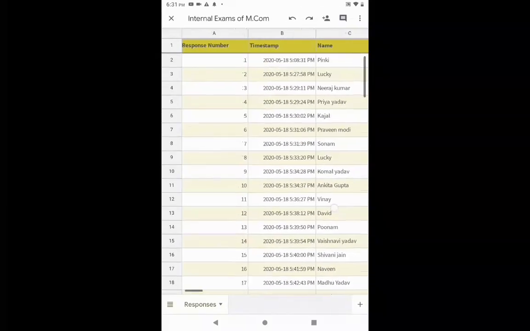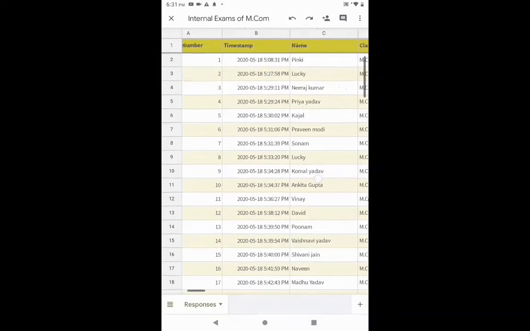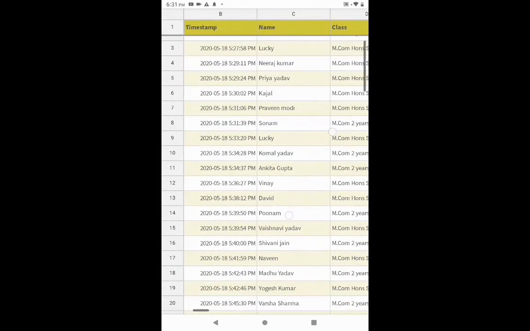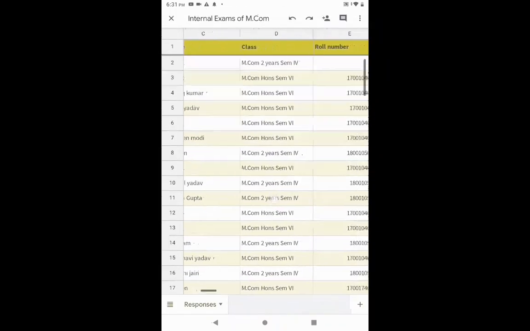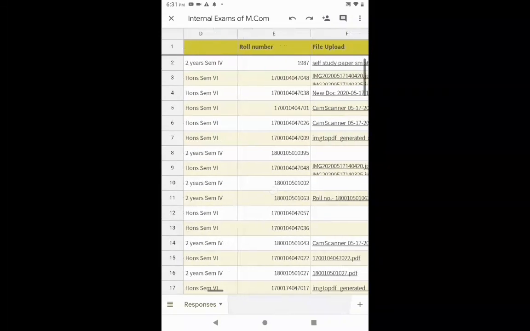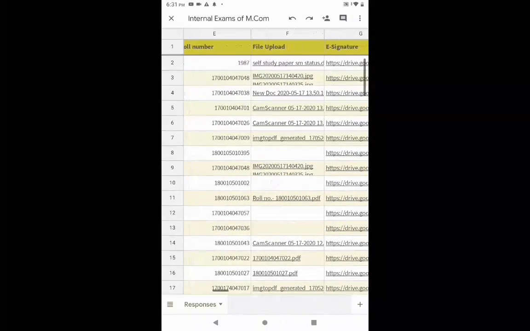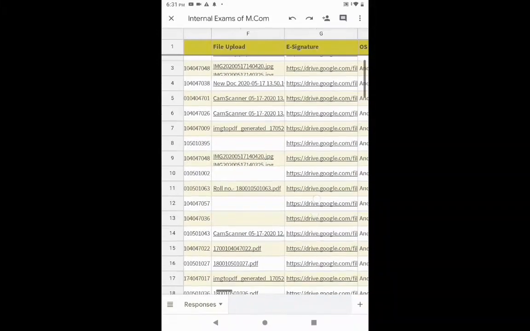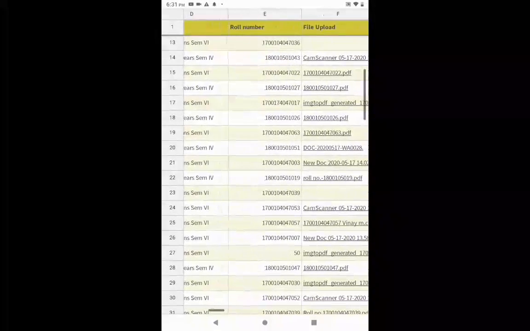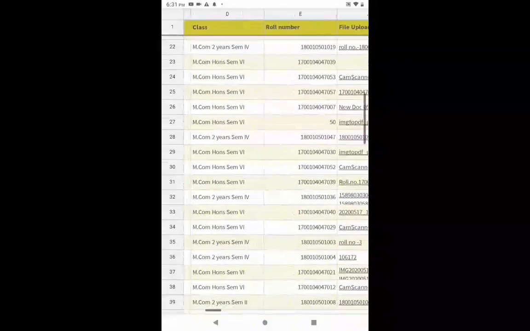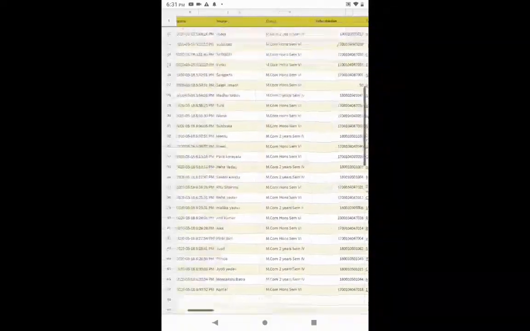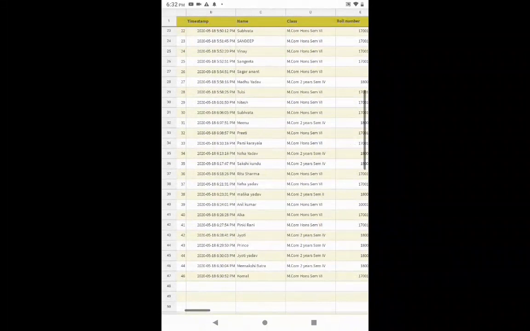So for example, as a teacher, if I want to take assignments from students and save them in my Google Drive in separate student folders, then I can use these forms. Similarly, in a company, if the HR team wants to perform any type of interviews, job applications can be uploaded by using these forms.